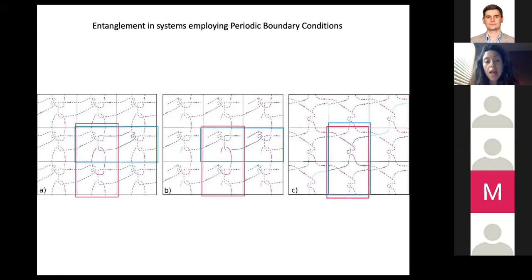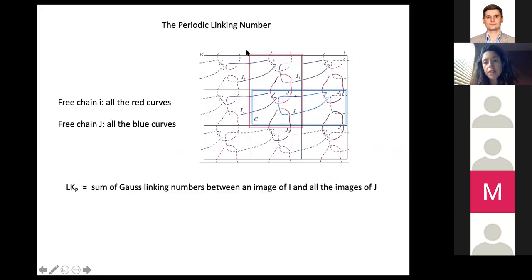system, and that retains the basic properties of the linking number, meaning that it is symmetric. If I take the linking number of chain I with J, it is the linking number of chain J with I, and that it is a continuous function of the chain coordinates, and that for closed curves, it is a topological invariant as it should. So we said, let's look at